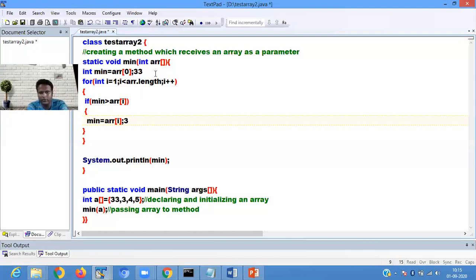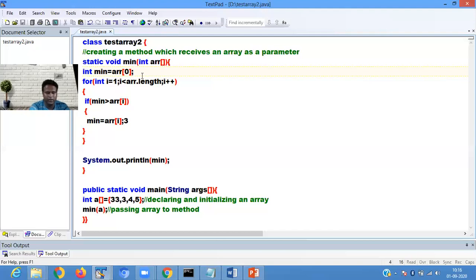Again, I will tell you, by defining a static method, static void minimum. Normally when you call a function, you need to create an object of the class. As it is a static function, there is no need to create an object. It is directly called, minimum a. As it is an array value, we are passing an array parameter here. So all the values are going and stored in the arr. So int minimum equals to array 0. Okay, so in the minimum, the array 0 index value is stored.